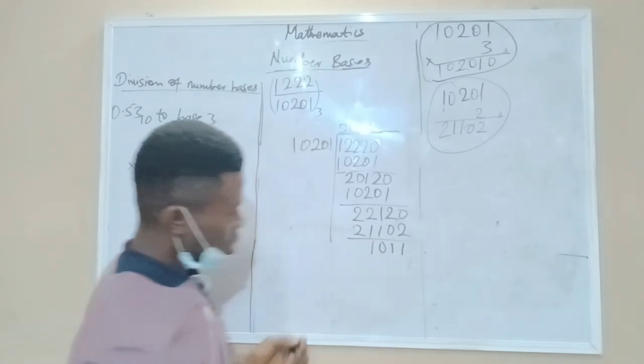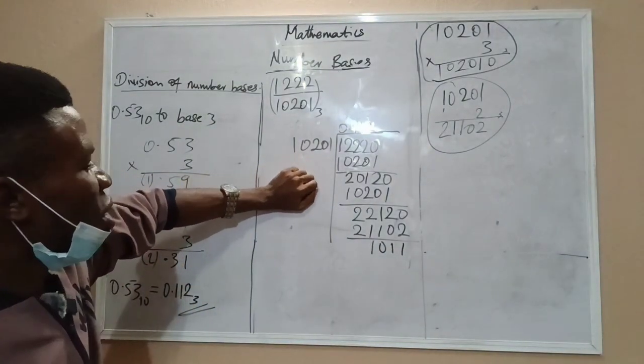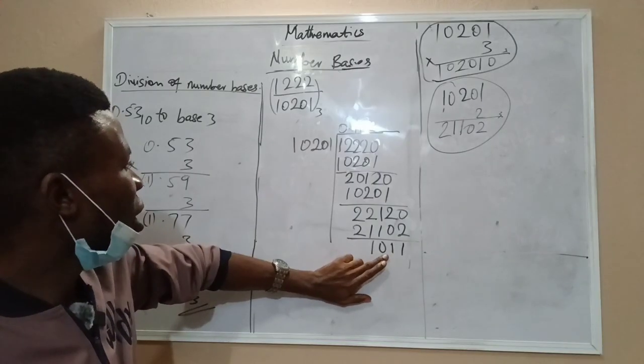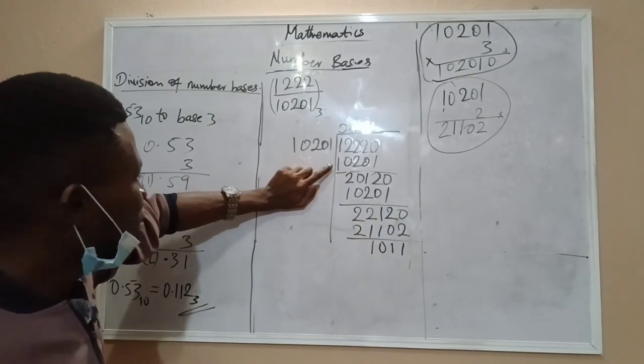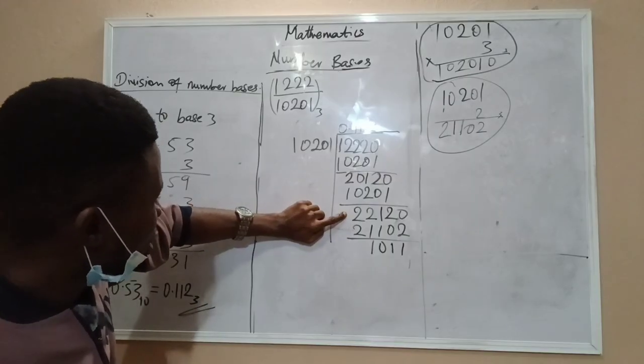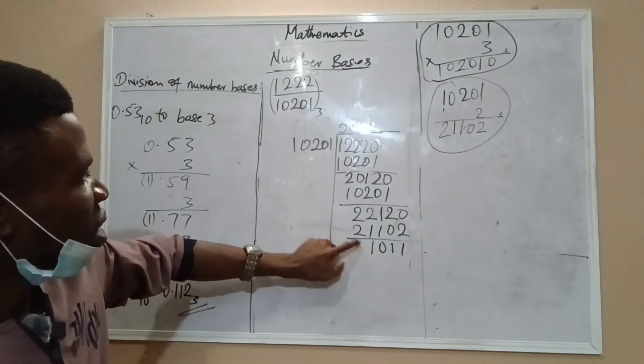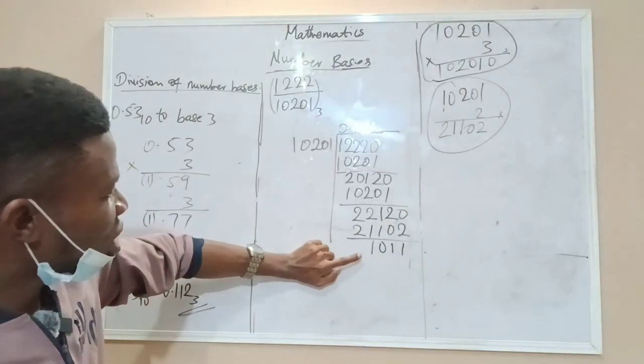This is already 0. Now, someone would ask, when should I stop? The moment you see that the number here is less than this one. Now look at all these ones. This one is bigger than this one. Even this one is bigger than this one. But this one is far less than this one. So the moment this one is less